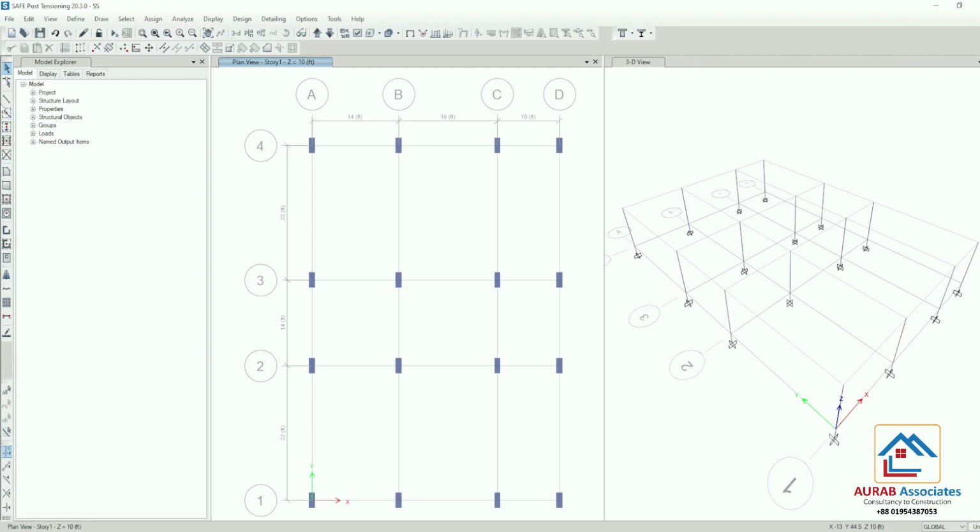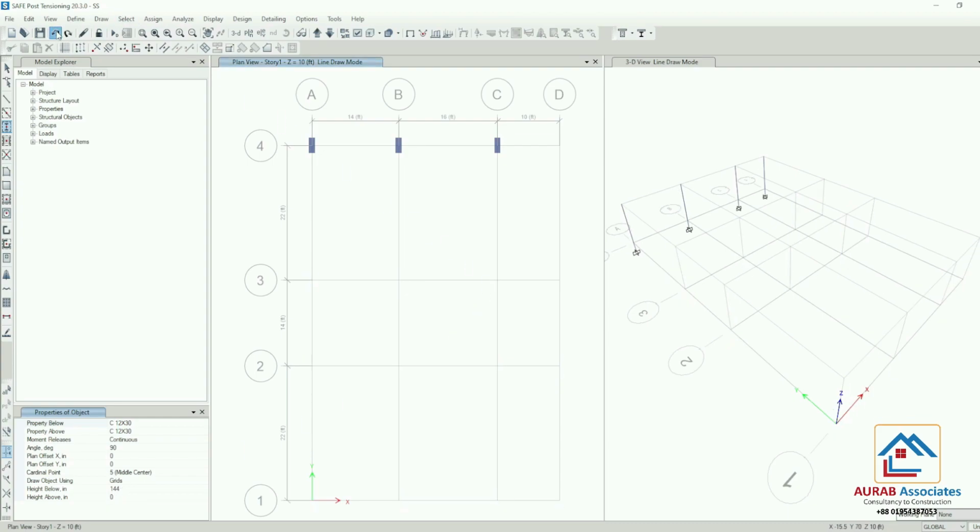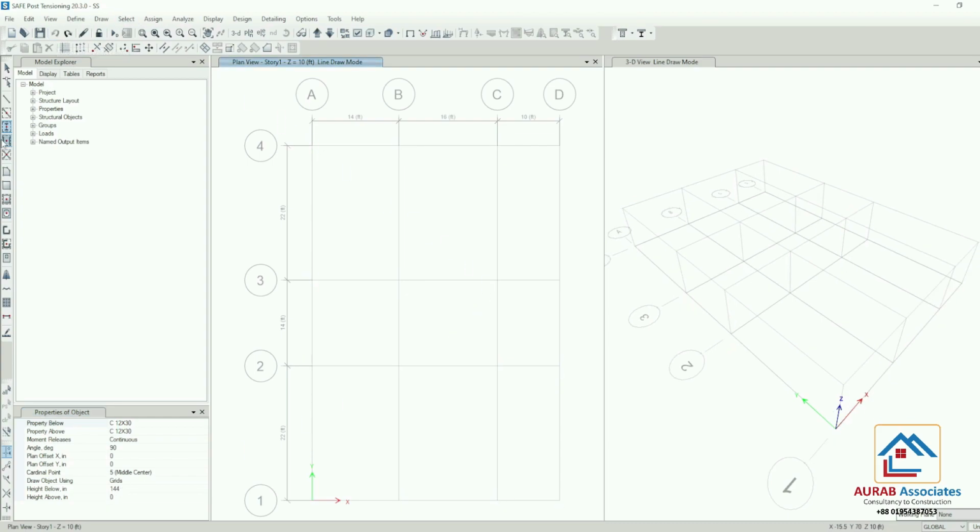Now we will model here beam. Let me check one thing. This height will be 120 because here we are considering 10 feet height. Okay, so go back. Here we are using property below 12 by 30.